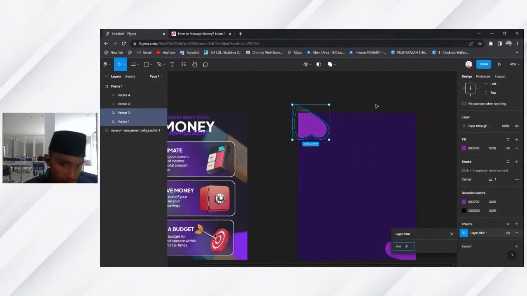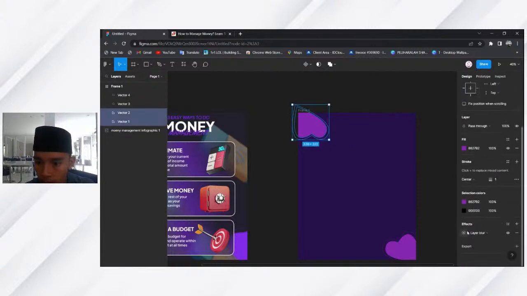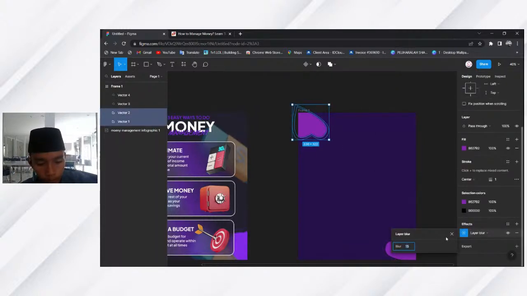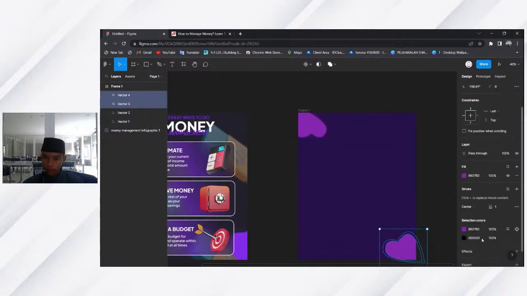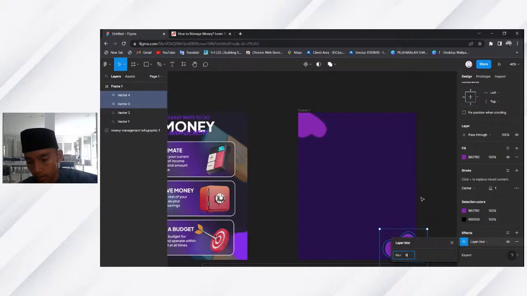Okay, so if this is not blurry enough for you, you can always change how blurry the effect is. You can change the blur to like 15 if you want it more blurry, but I am just going to use 8 for the blur. Okay, and for the bottom one, the same. Add an effect, change this to layer blur, and change the blur effect to 8.